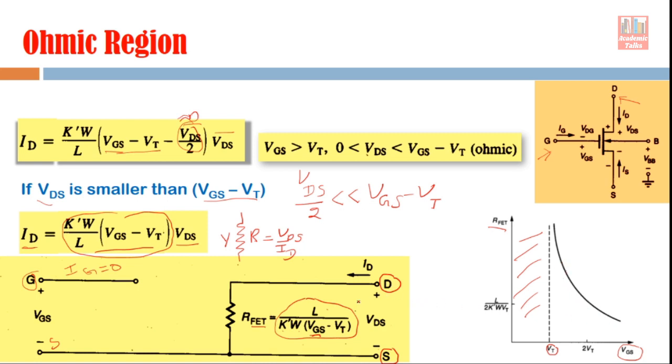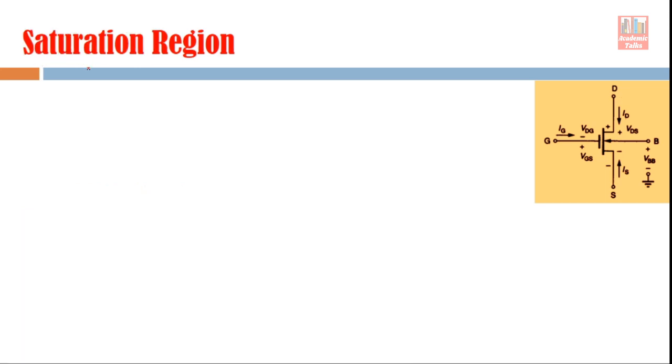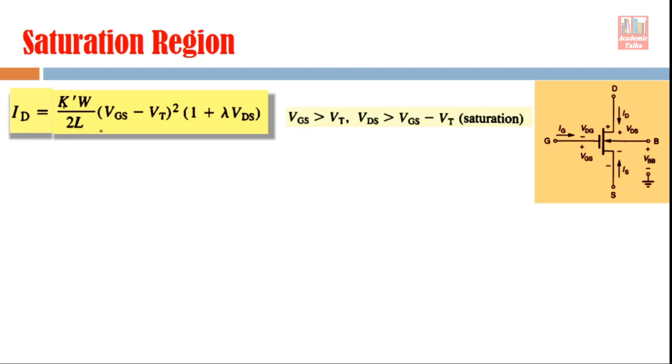So anyway, the main conclusion here is that the resistance value can be controlled with the help of the gate voltage, or you can say it is a voltage dependent resistor. Now after having this discussion about the ohmic region, let's move to the saturation region. In the saturation region, the equation of current is given by this particular equation, and the condition which a device has to satisfy for saturation is given here. VDS has to be greater than VGS minus VT.